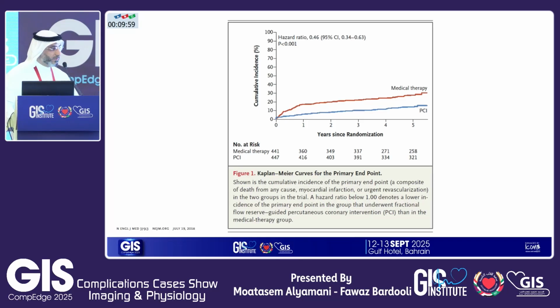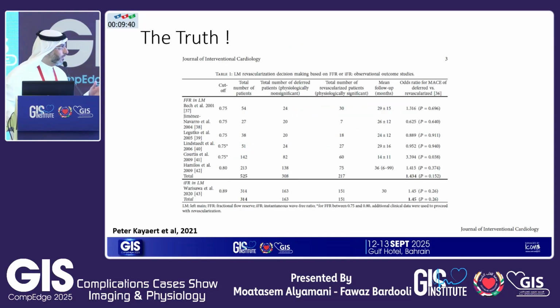And the Class 1A physiology comes from robust evidence that physiology guidance in stable disease is superior to medical therapy. So that's why we should use physiology, as you guys know from the FAME trials and all of that. Now, the shocking truth is that most of these large studies excluded left main disease from their patient population. And you can imagine why. It's really hard to say, okay, you have a positive FFR, I'm going to randomize you to medical therapy in the left main. So that's a hard thing to do.